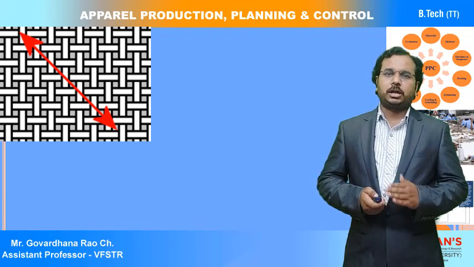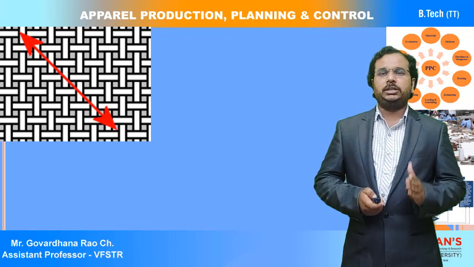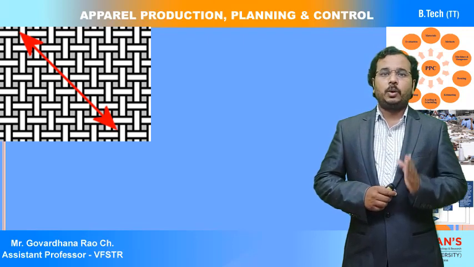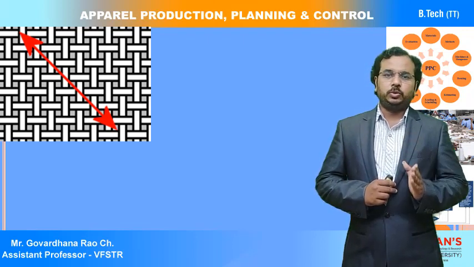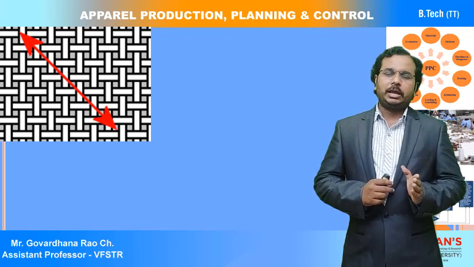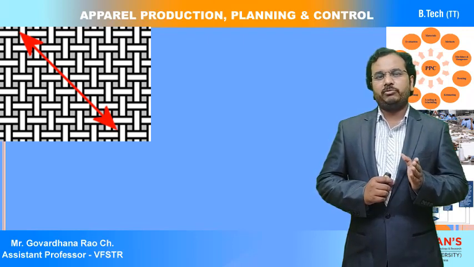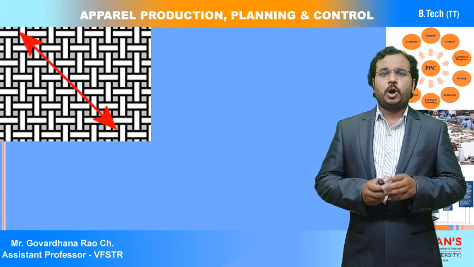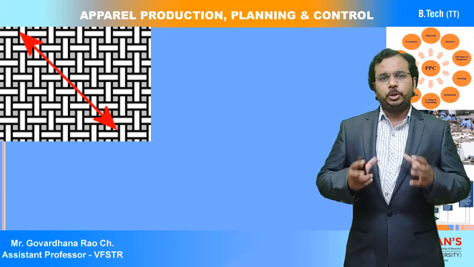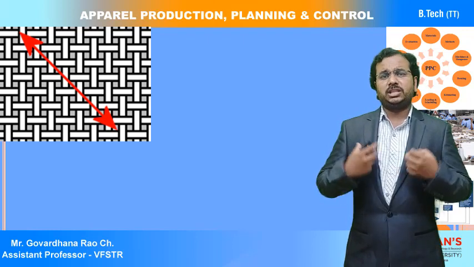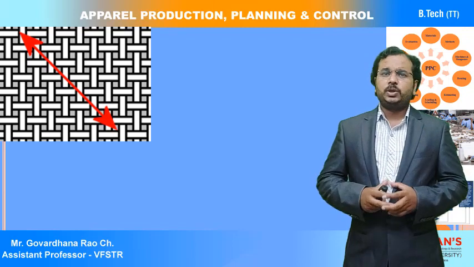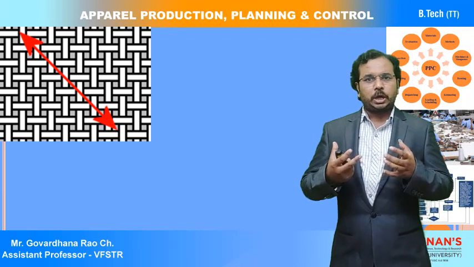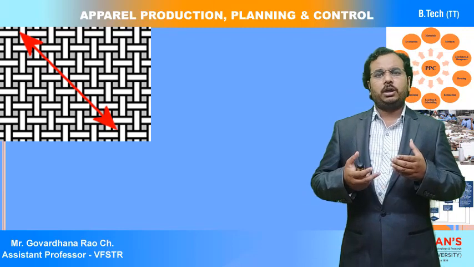While preparing the pattern itself, we give the grain line. Before that, we need to see what type of garment we are producing and what its appearance is. If there are checks in the fabric structure, how should these checks look in the garment? If it is normal stripes or checks, there is no requirement to follow the biased grain. In that case we choose the straight grain or cross grain.